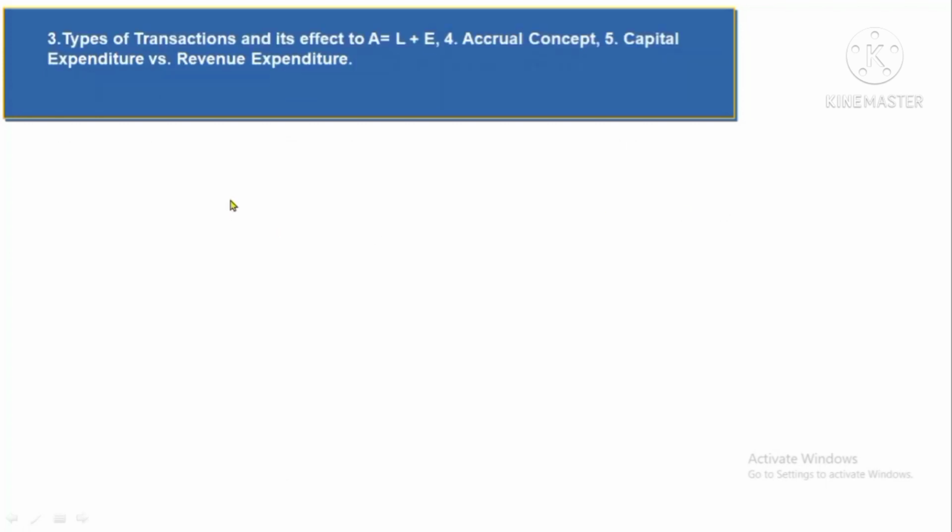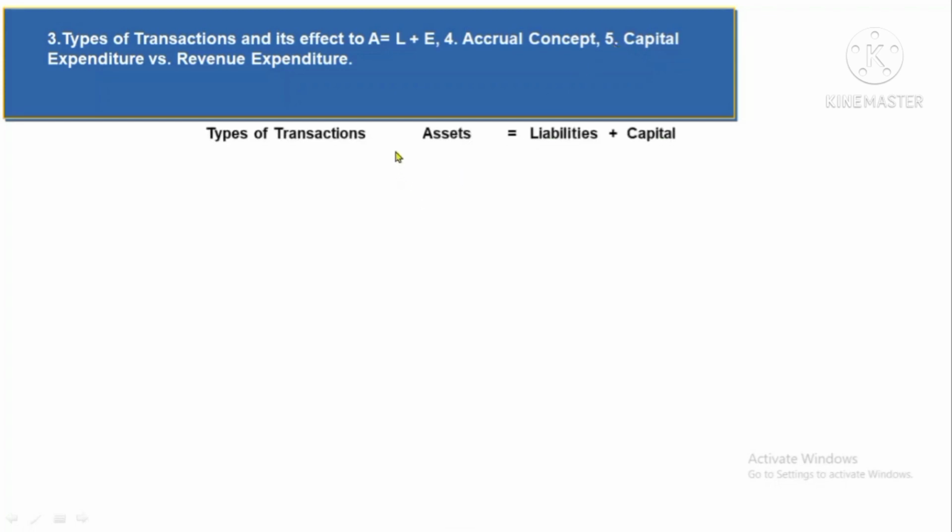So we are now on topics 3, 4, and 5. Topic 3 is all about the types of transactions and their effect to A is equal to L+E. But remember, you need to assume as if you are the business and the transactions are happening to you. The number 4 topic is all about the accrual concept, and we are also going to discuss topic 5, which is capital expenditure versus revenue expenditure. So let's go now to the types of